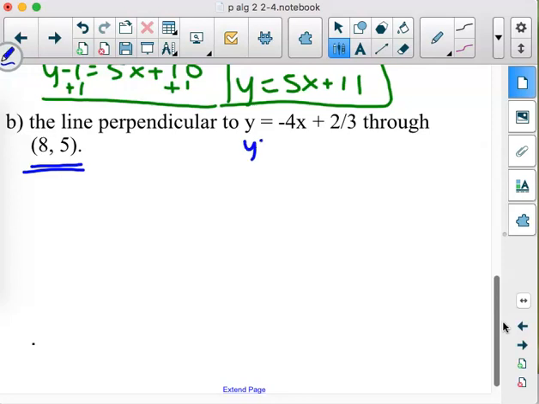Good. Here's the problem. On the test, somebody always wants to use that one. If it's perpendicular, is it the same slope? No. It's about as different as it can possibly be, right? You have to take the negative off and you have to flip it. So, I always have people write it like this so they don't accidentally come back and use the negative 4. The slope of the perpendicular is